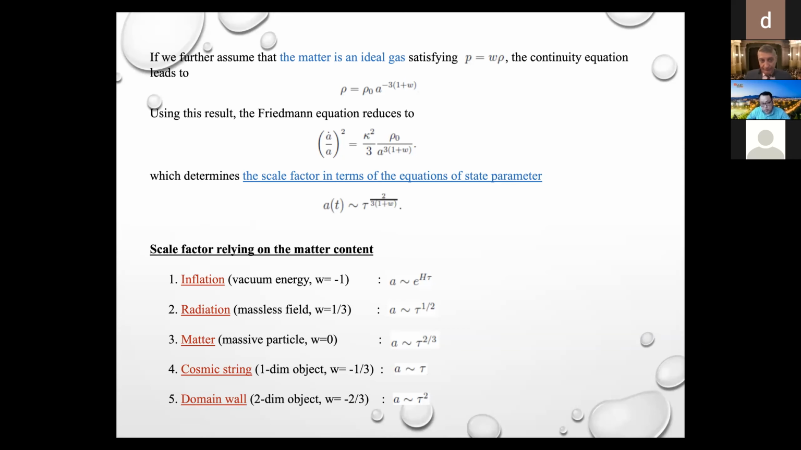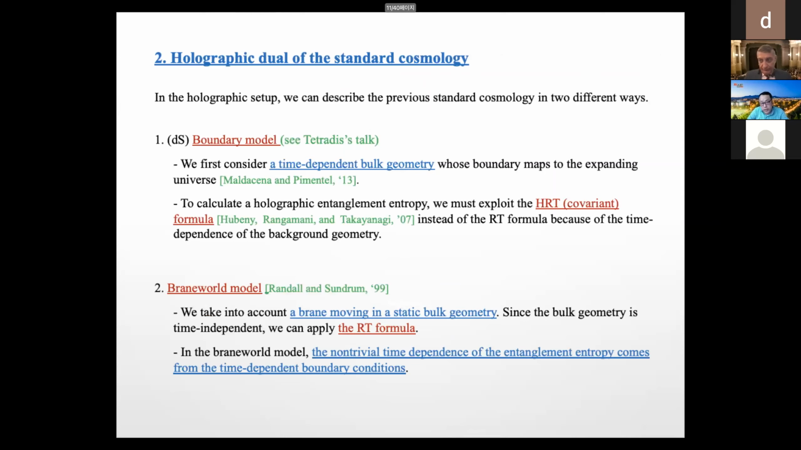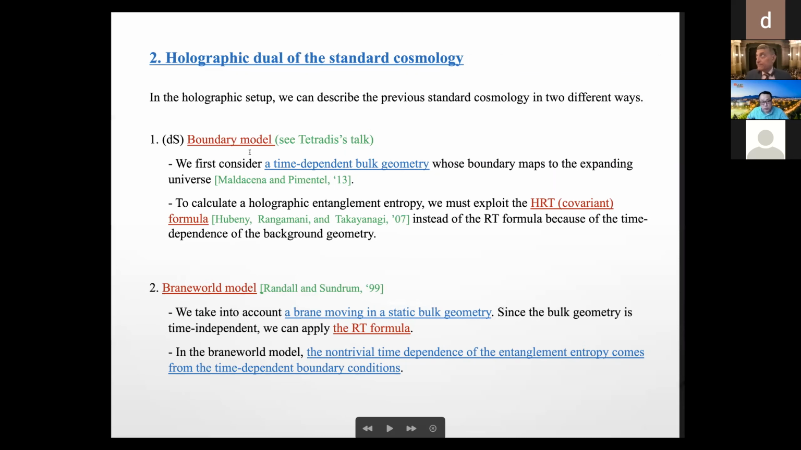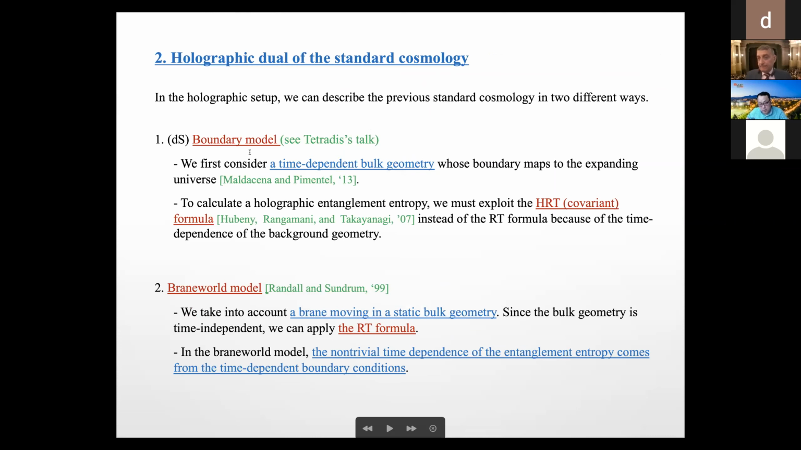Now we try to make a holographic dual of this standard cosmology. To do so, we can consider two different holographic models. One is the boundary model, which is related to Tetra's talk. In the boundary model case, we consider